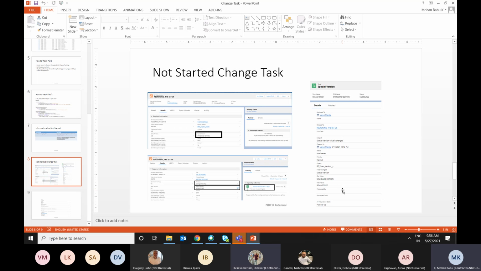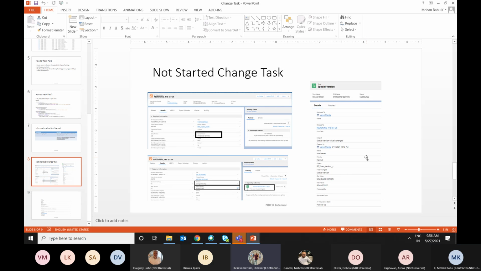So if you are updating to special edition, the old value will be remastered and the new value will be special edition. So they will just see that one. So the latest change only they can see, but they cannot see the older tasks. They won't pick up the older task which has been created. So the old task status will be marked as complete? It will be marked as cancelled. Cancelled. Okay. Yeah, so this is the same.